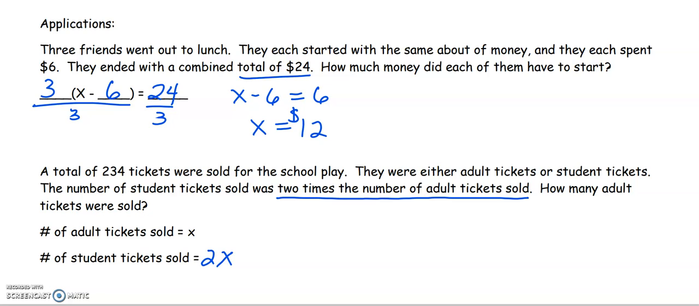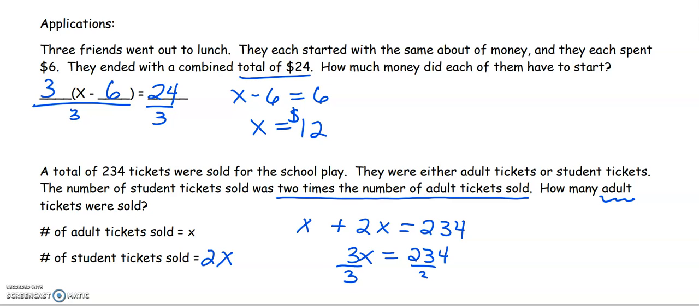How many tickets were sold? Well, we know there were a total of 234 tickets. We want to know how many adult tickets were sold. So we're going to set up an equation of the amount of adult tickets plus the amount of student tickets will equal 234. Combine your like terms and divide by 3. Remember too that when you're solving a word problem, your answer should have some words in it. So as we solve this one and we do 234 divided by 3,